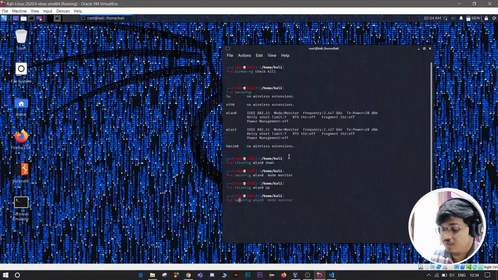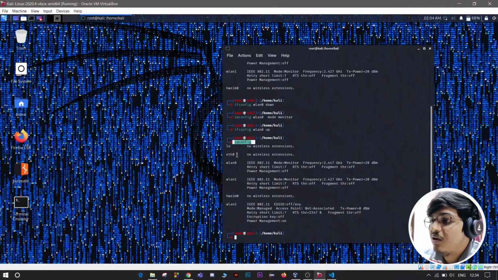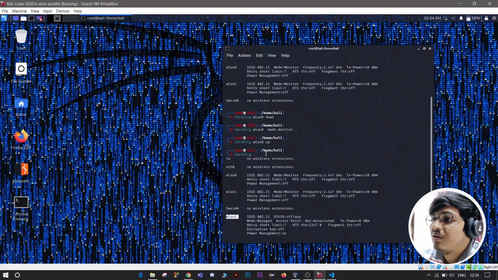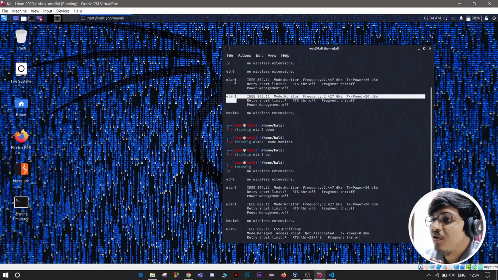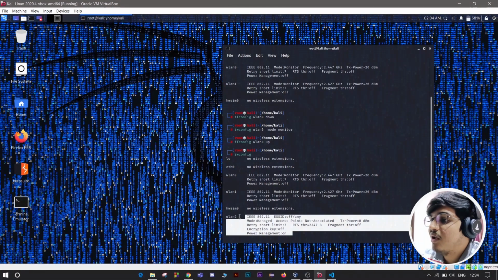Now doing ifconfig, we'll find another interface which is WLAN 2, which was not there before. See, WLAN 0, WLAN 1. Now this is the one which we plugged in.